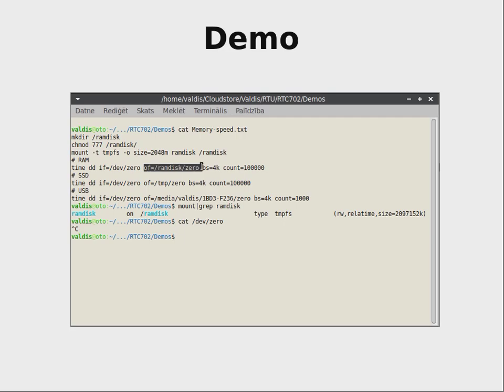And here the output will be this RAM disk folder, which is actually located in random access memory, not on my hard disk. And I will write, I do not know, 1 million 4 kilobyte blocks inside this memory. And if I execute it,